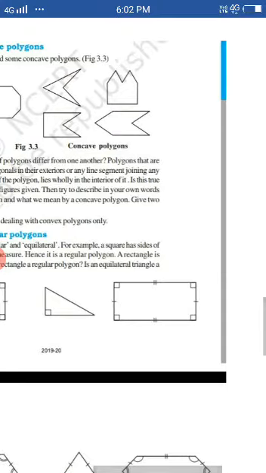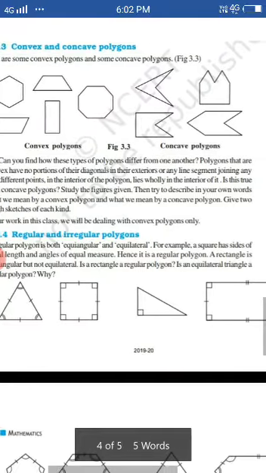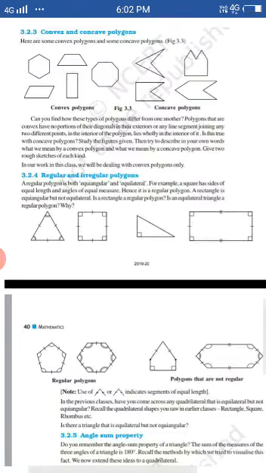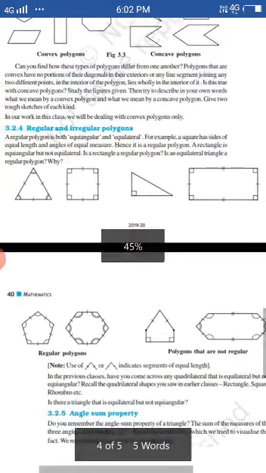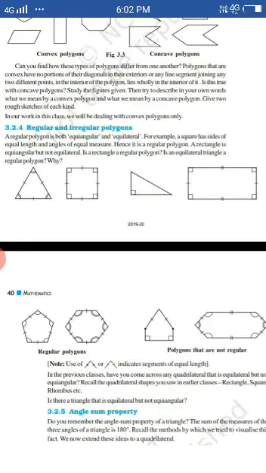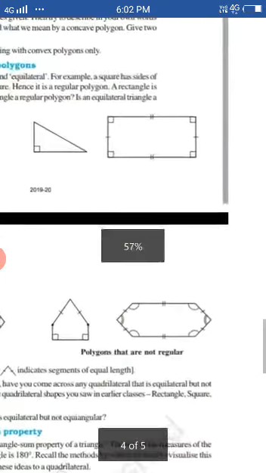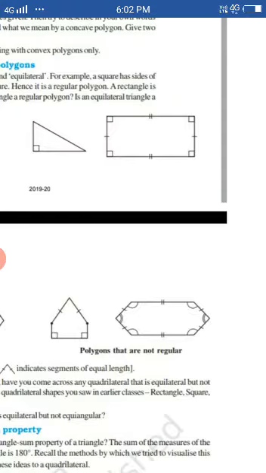And for these two, there is a right angle triangle and there is a rectangle. These are examples of irregular polygons. Okay, a lot of examples are there. See, in these figures you can see in the first two figures all sides are equal, so they are regular polygons, and in these two figures all sides are not equal, so they are irregular polygons.